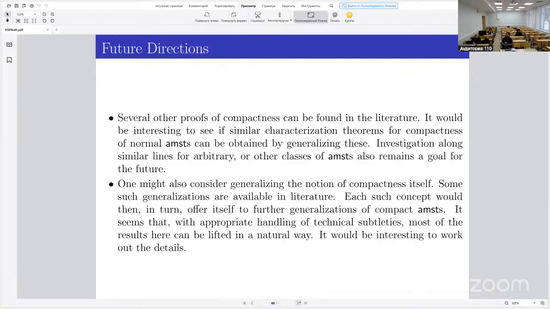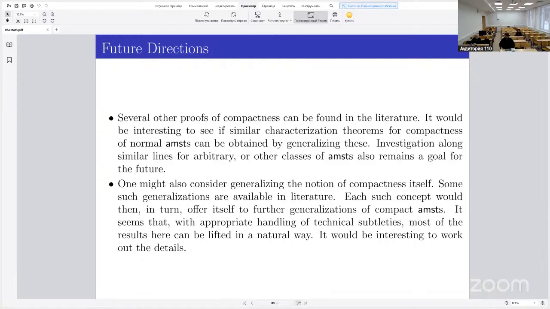So basically they talk about cardinality based notions of compactness. You just need to be very careful about the cardinality and other things. So it would be interesting to see the details. And yeah, there are also some remarks on finiteness. So in the finite case, we have talked about